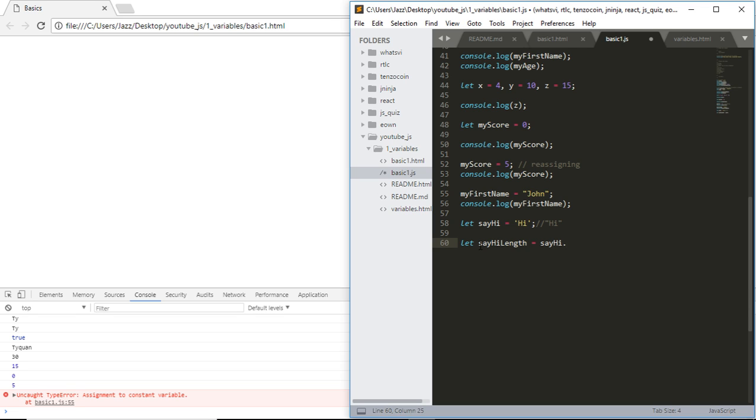It's grabbing like a property or something that's attached to the strings of something that we can do. There's a lot of things called methods and properties that attach to our primitive data that help us out and let us do whatever we want to do with them. So our first one is length, right? Say hi length. And now if we console.log say hi length,